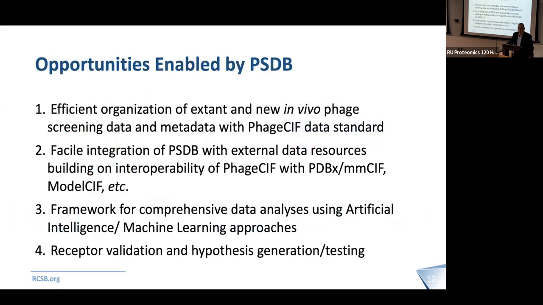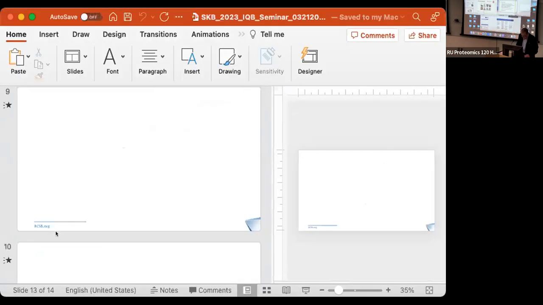I think the opportunities here are going to be enormous, and we are anticipating success in applying for a large multi-PI grant to the NIH to establish this data resource and make it possible for Wadi and Renata to unlock the trove of data that they've already accumulated and set the stage for others to be able to contribute. So with that, I'm going to stop, and I'm going to